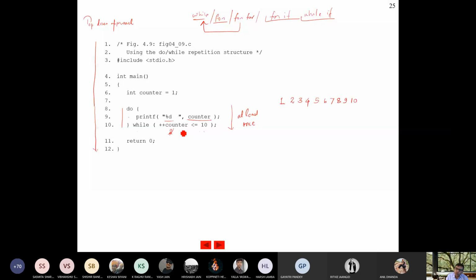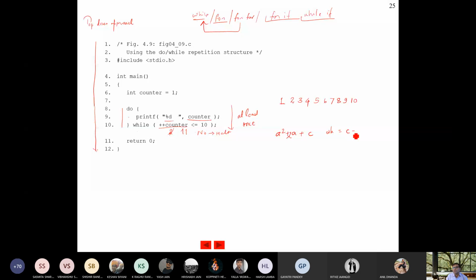Sometimes you want to write a program, for example asking a student for a menu driven program, like addition of two numbers or Celsius to Fahrenheit conversion, etc. Suppose I want to check this equation, a square plus 2a plus c, where c equals 9.5.